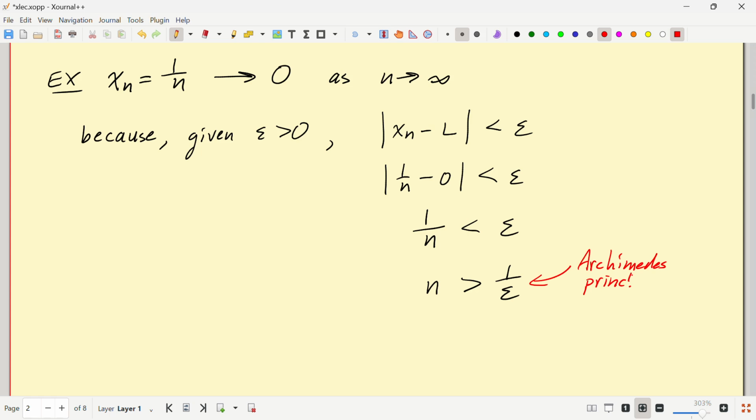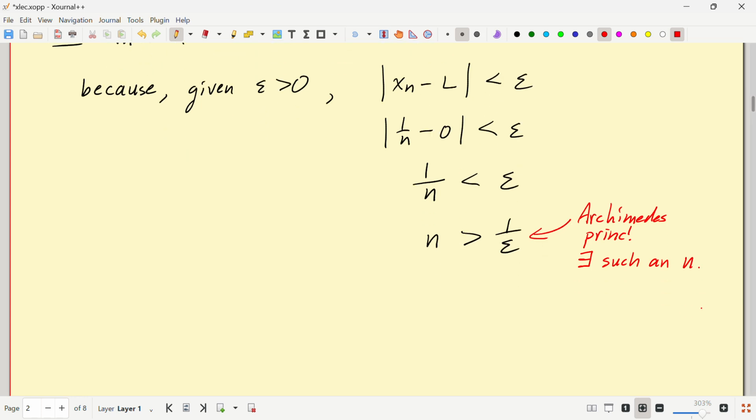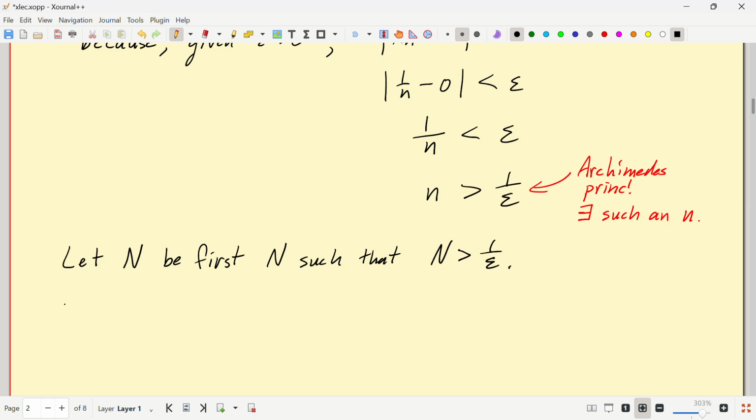Exclamation point. That's why Archimedes was thinking about it. So there exists such an n. Let capital N be the first n such that n is bigger than 1 over epsilon. Then,